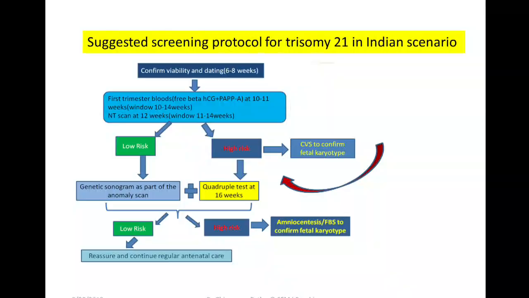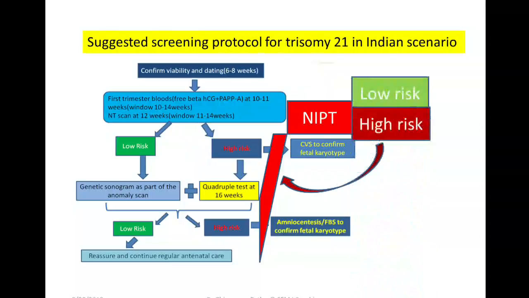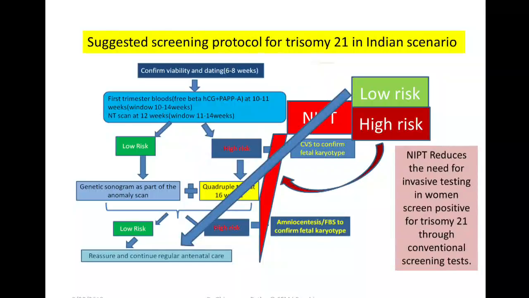or fetal blood sampling. Where NIPT comes in is in between this, where the traditional screening has said high risk and you still want to avoid an unnecessary invasive test, the low risk ones on NIPT could avoid that invasive test. So NIPT helps in reducing invasive testing in women who are screened positive for trisomy 21 through conventional